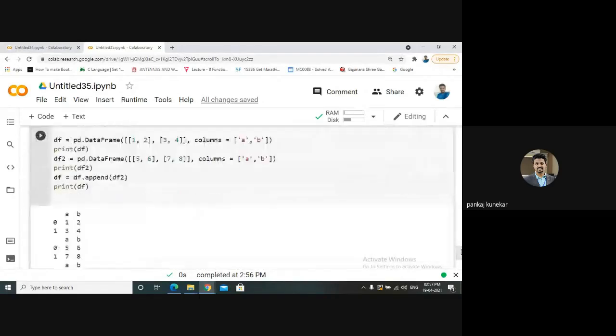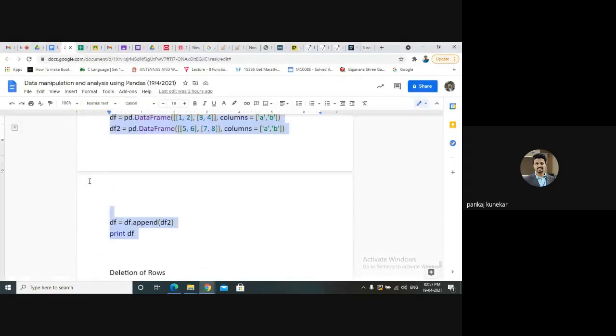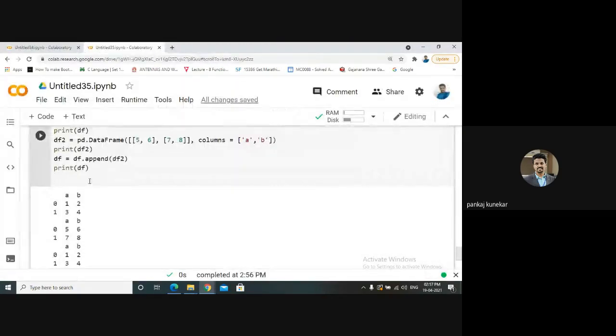Let us see whether we can perform addition. We can do it, just check it out. No, it is not possible, I think. Let us check how it can work.